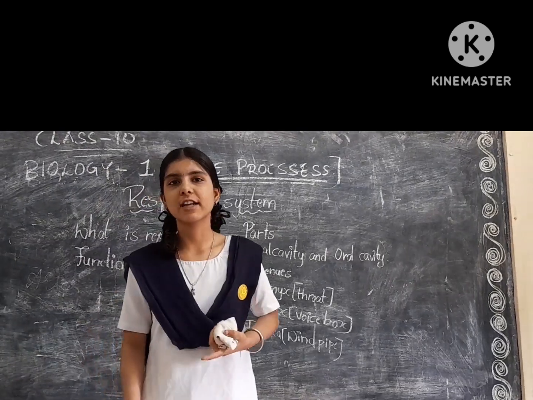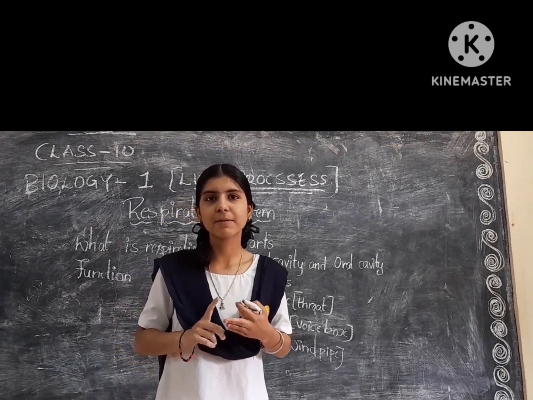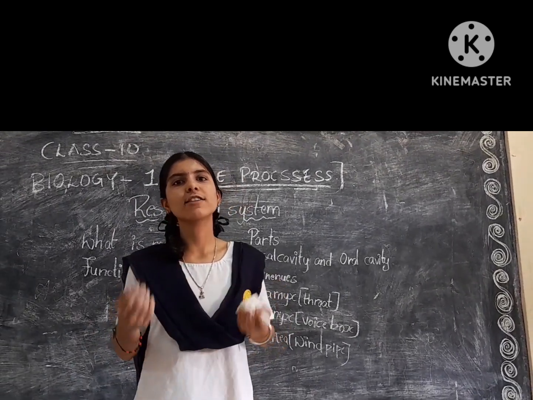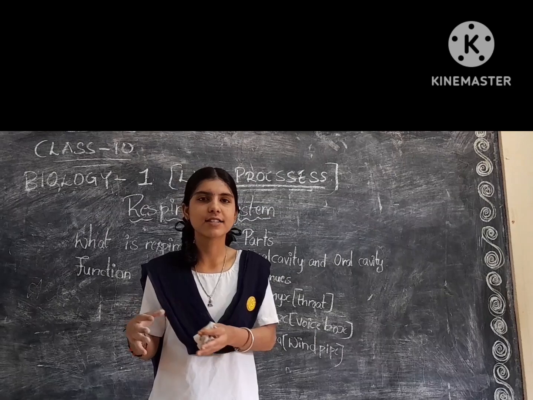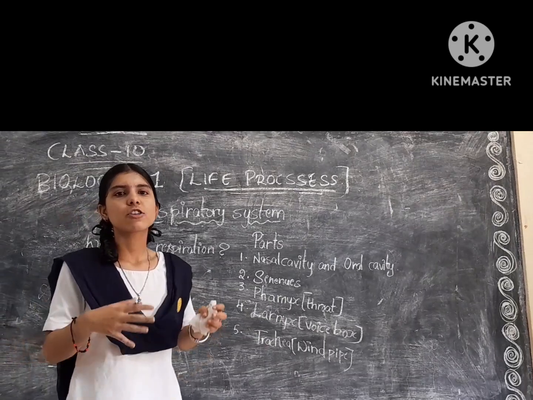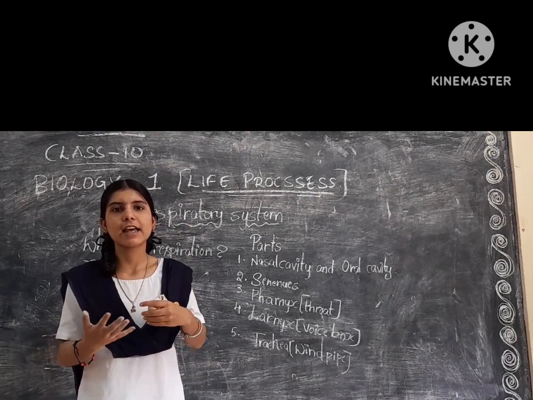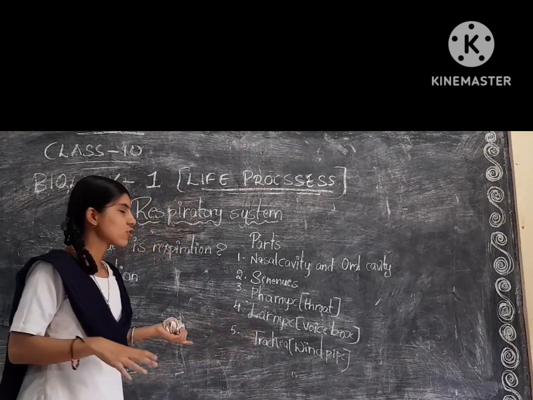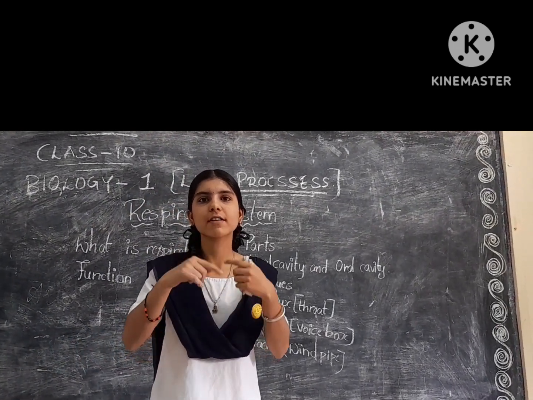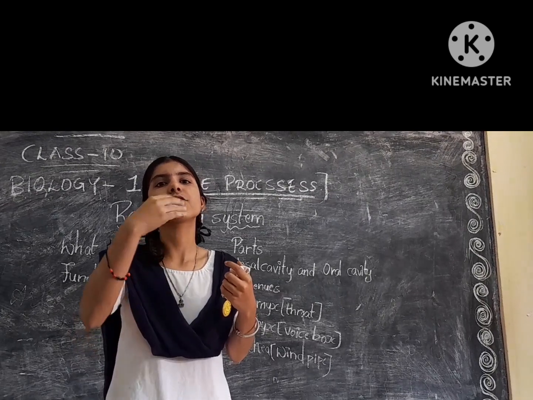Let us learn about what is respiration. Respiration is a network of organs and tissues. This system includes lungs, airway and blood vessels. These parts work together to transport the oxygen throughout the body and to remove the waste gases such as carbon dioxide. Now we come to the functions. In the respiratory system there are many functions. Commonly we know it helps us to inhale and exhale. When we inhale and exhale, our respiratory system will function, and it also allows us to talk and to smell. When we talk, we should inhale and exhale, which means air should go out and come in.